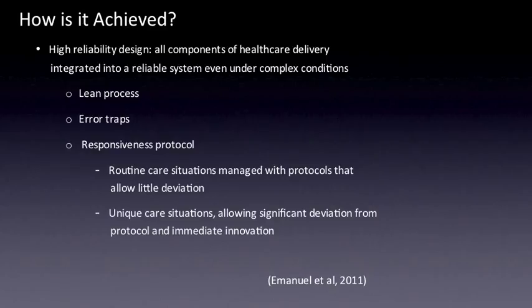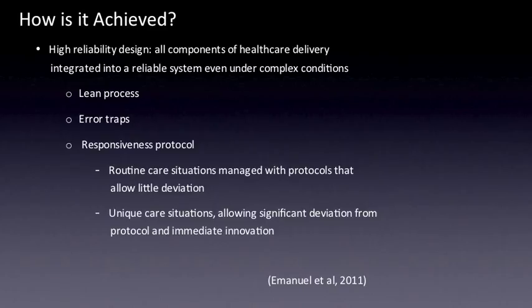How is patient safety achieved? High reliability design allows for all components of healthcare delivery to be integrated into a reliable system, even under complex conditions. Components that would contribute to high reliability design are lean processes,